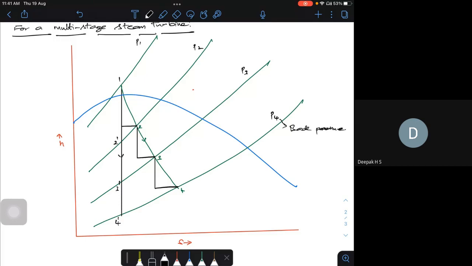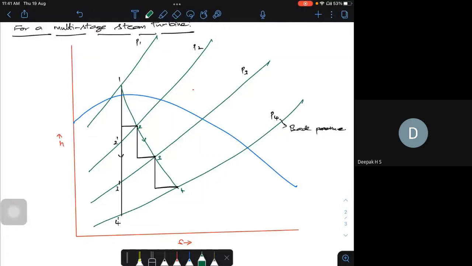Okay. Now the initial pressure P1 and the back pressure P4, the locus of the state point. What is the locus actually? What we try to do actually? We try to look at this. See, these are the locus points. These are your locus points. Now, if the